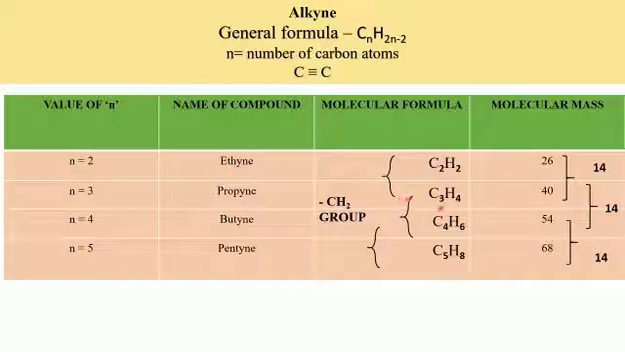present, you will get the formula C3H4, and since 3 carbons are present, it is a derivative of propane, but since triple bond is present, we will indicate it with the suffix "-yne", YNE, and the name becomes propyne. Molecular mass is 40. Similarly, if there are 4 carbon atoms, the name of the compound would be butyne, derivative